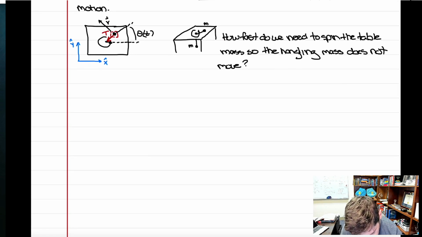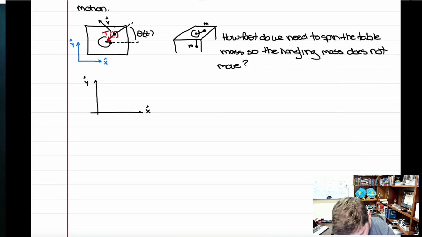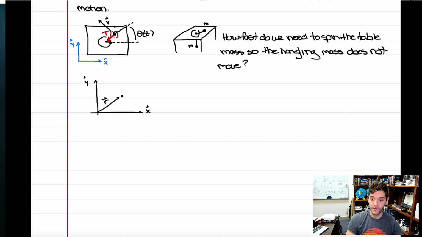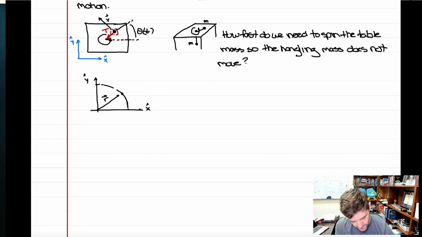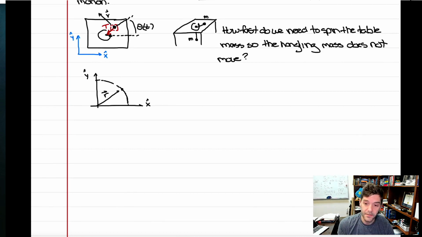So polar coordinates relies on not using x and y, though we will use Cartesian to motivate. But if I have a point that's located here, I can talk about it having a position vector that moves from the origin. If I think of this like a point on a circle that has radius r, then there is a radial location in terms of how far away it is from the origin,